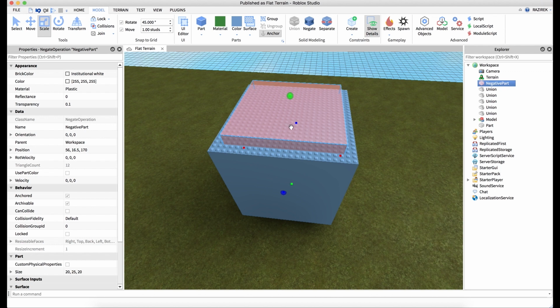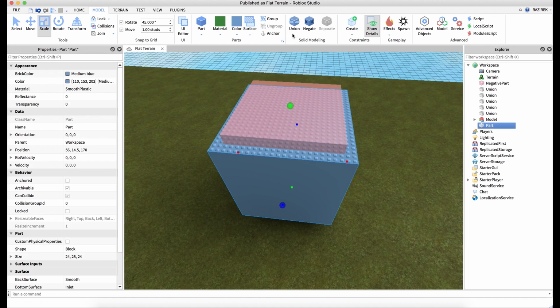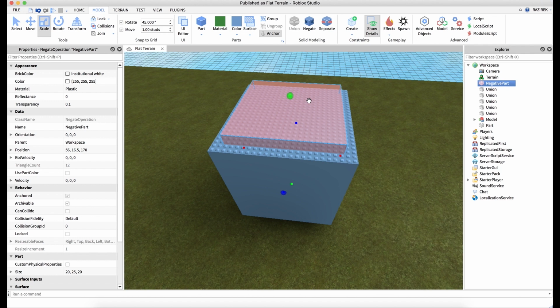The surfaces have all been changed to smooth surface, and the part itself has changed. What this has actually done, and this is apparent by looking at the buttons here. So if we look at this one, we have union that's enabled, separate is not. On this one, union is disabled and separate is enabled. What this has actually done is it has created a single part union, but it's created a negative part out